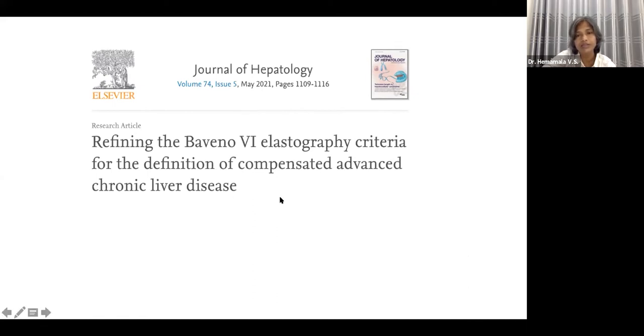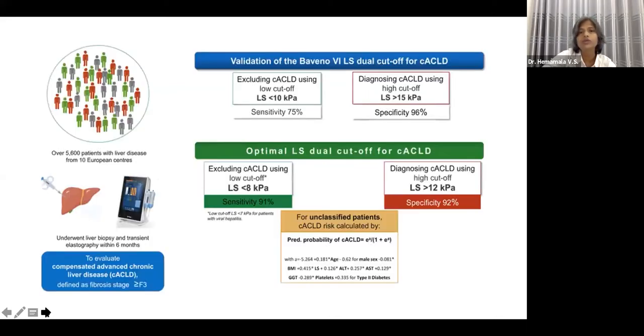This is refining the Baveno 6 elastographic criteria itself for definition of compensated advanced chronic liver disease. So I told you in the beginning itself, less than 10 rules out, more than 15 rules in. So this has a sensitivity of 75% and a specificity of 96%. This study was done in 10 European centers, more than 5,600 patients, and they underwent liver biopsy as well as elastography. And what this study is suggesting is that if we use a slightly different cutoff instead of 10 and 15,